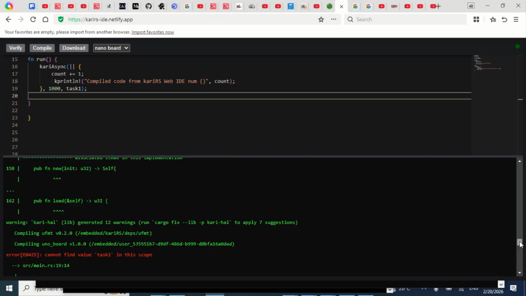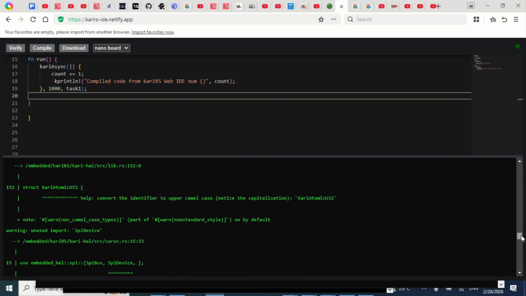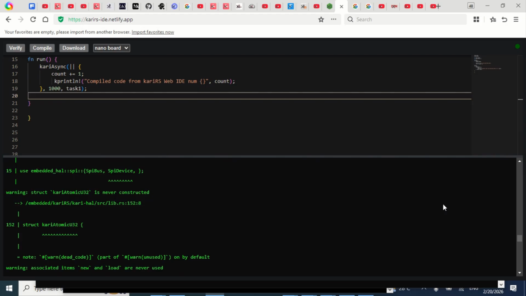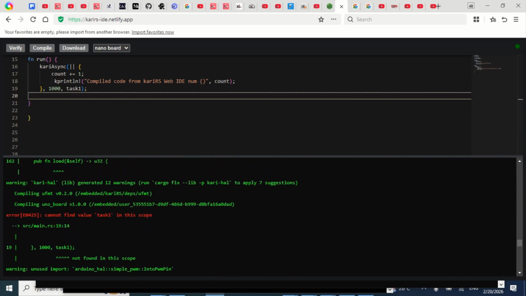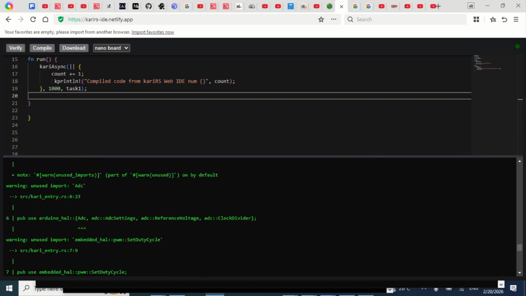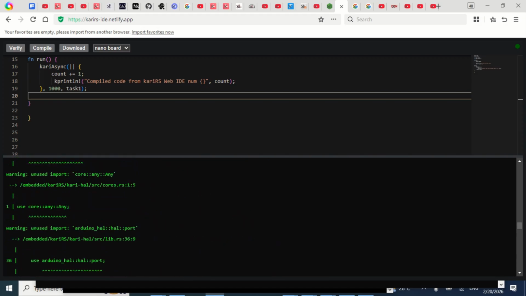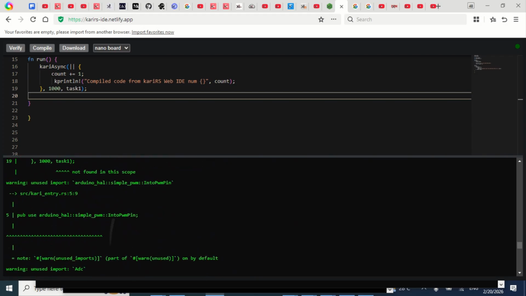So I hope you guys are learning from this. This is being done so that you can learn how to do debugging here. So now we are getting cannot find value task 1 in this scope. You see all that, and you realize the main issue why it failed. Let's go back to these logs. There's so much, but